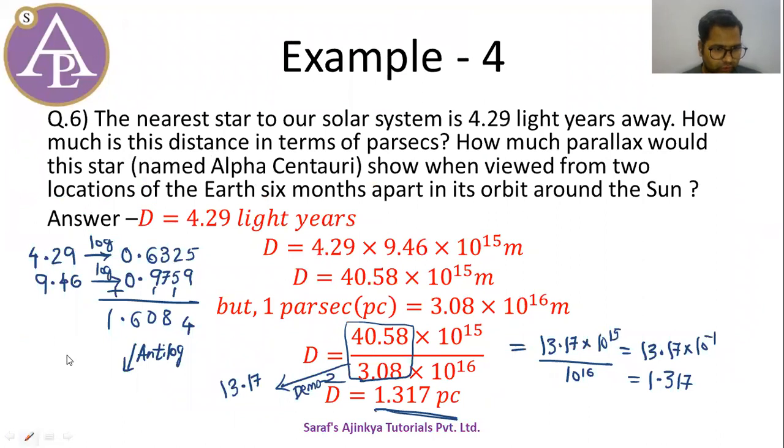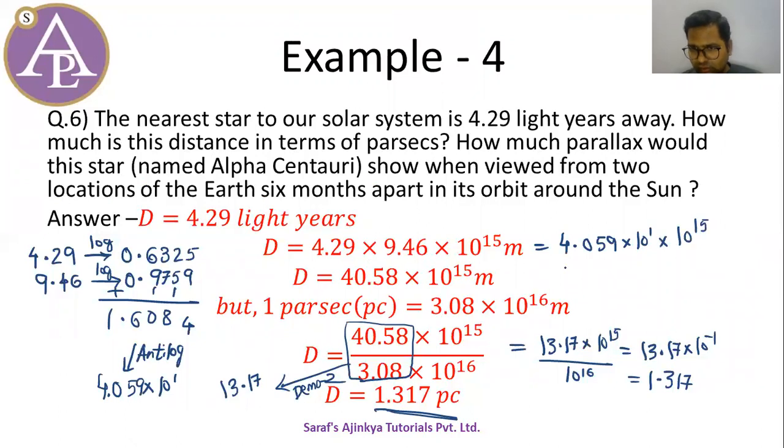So this is 4059 into this will be 10 to the power 1. Correct. So that is what I have written. 4059, 10 to the power 1 into 10 to the power 15. करेक्ट. तो ये कितना हो जाएगा, ये हो जाएगा 40.59 10 टू द पावर 16 मीटर. करेक्ट. ये एक डिजिट का फर्क आया, हमारा 40.58 आया था कैलकुलेटर से, लॉग टेबल से आया 40.59. बट इट इज ओके, समवट डिफरेंस विल बी देयर एंड दैट मच इज टॉलरेटेड.